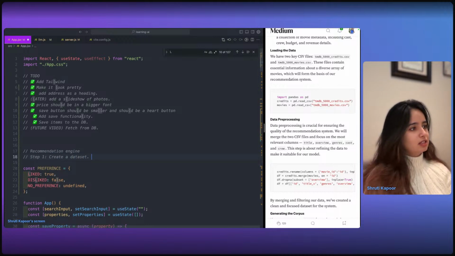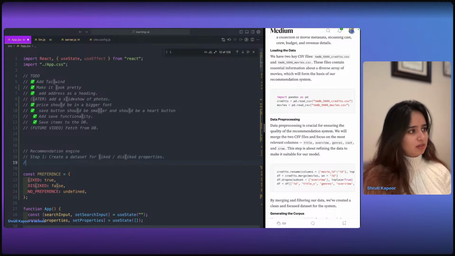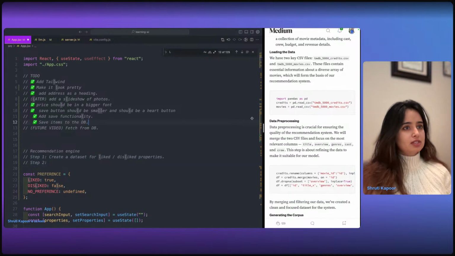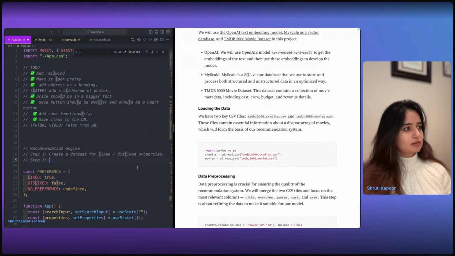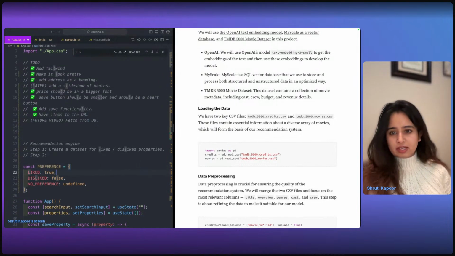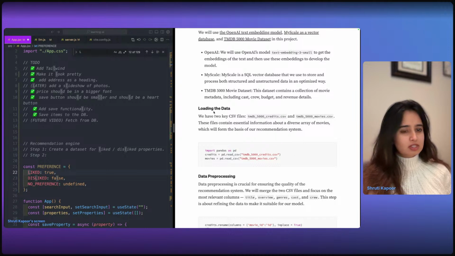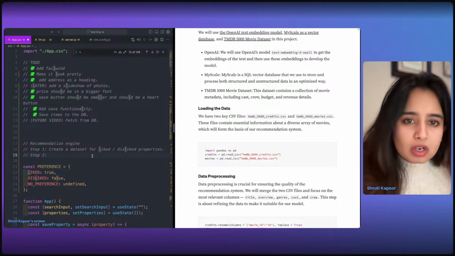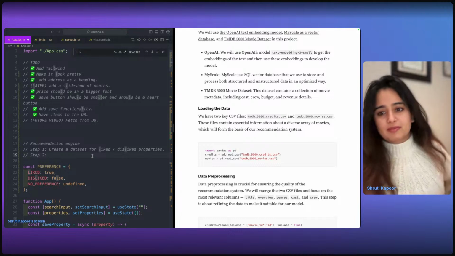Which basically means liking and disliking some of the properties for creating liked and disliked properties, which means that I have to go ahead and like and dislike some properties. Okay, next step. By the way, is this legible? Let me know if this text is too small or if I should zoom in.